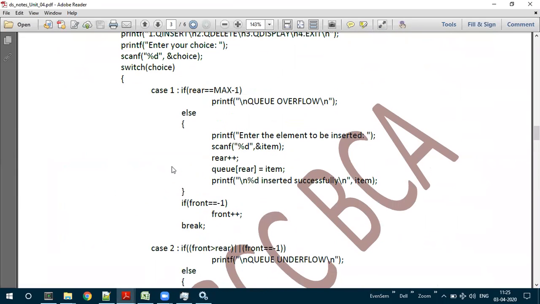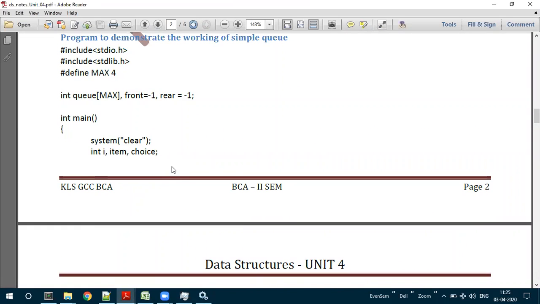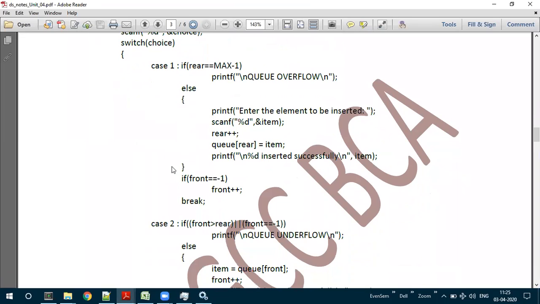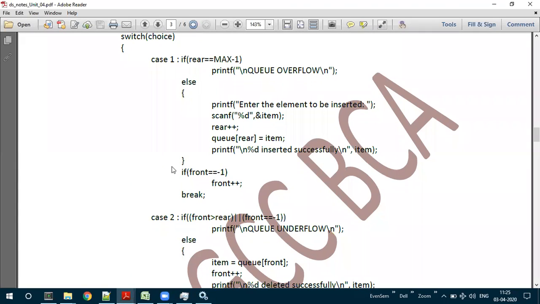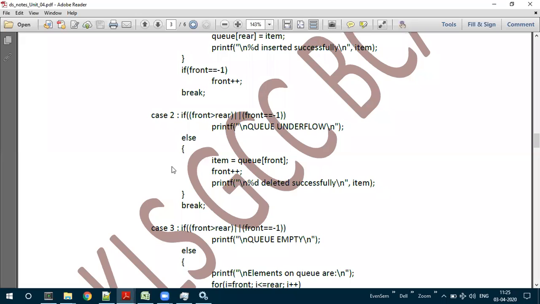Now, do I need to explain the trace of the program again here line by line, or will you do it yourself? Yes, is that okay? We'll do one thing.